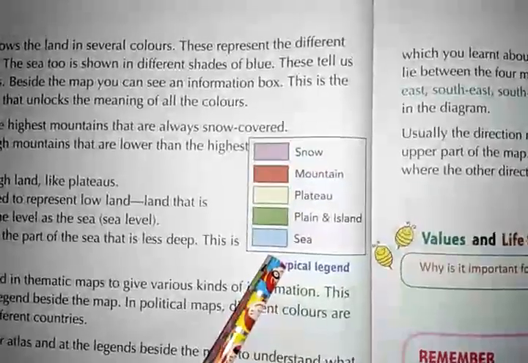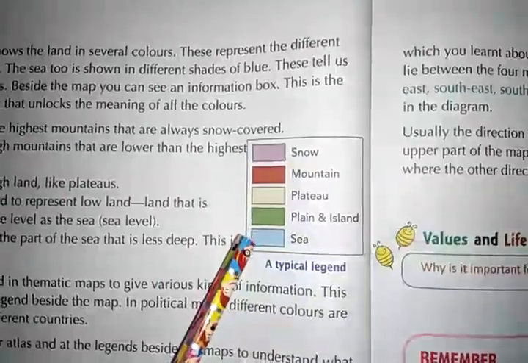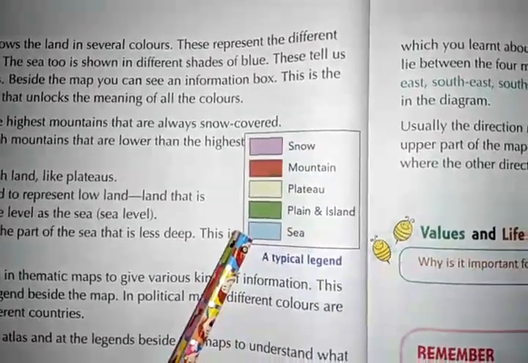See, a box is given in the map, and that box is called legend. See, this is a legend. This legend gives us the meaning of different colors used in a particular map. Like here,